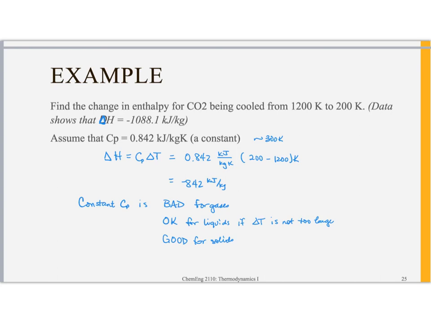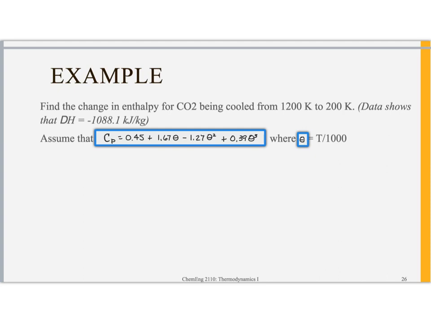So what are we going to do? Well, let's look at this next example. All right, so let's look at this next example here. And this time we have a function of temperature for C sub P. So in this case, C sub P is this polynomial expression of theta, where theta is T over 1000. And the way that you use this